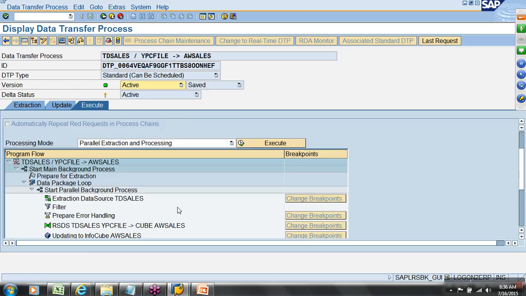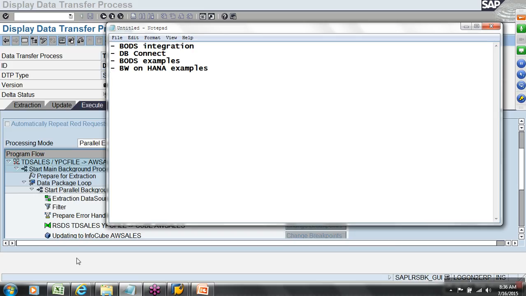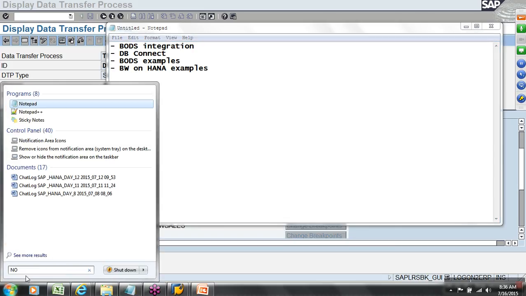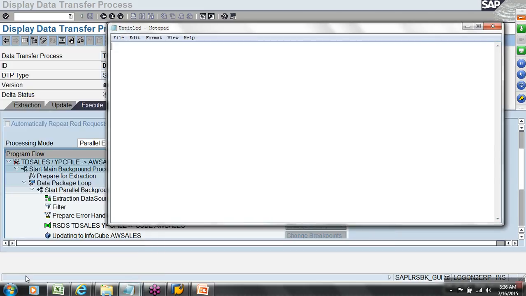So in the execute tab, what we basically do is control the properties of execution of the DTP, how it has to get executed. So before we get on to understanding this, you should know one point. Now when you run the DTP,